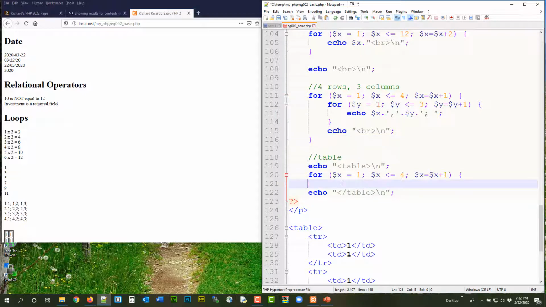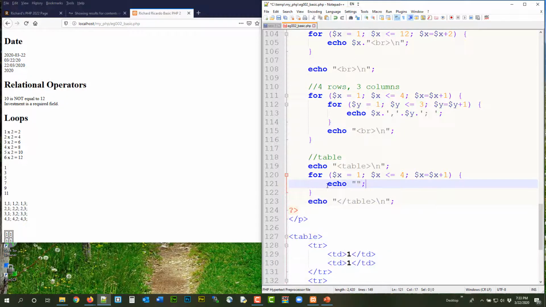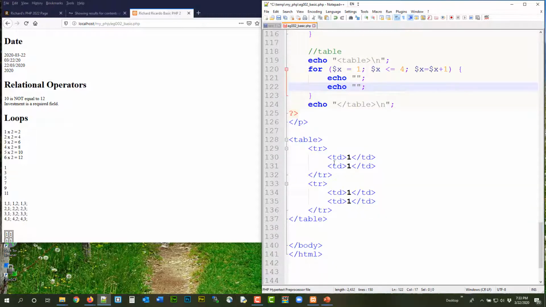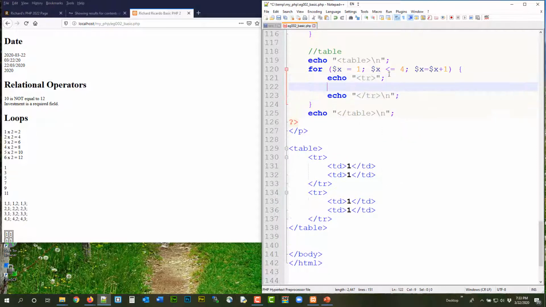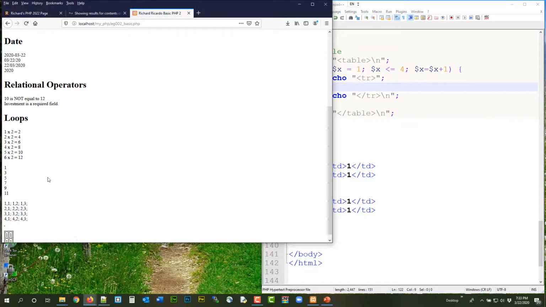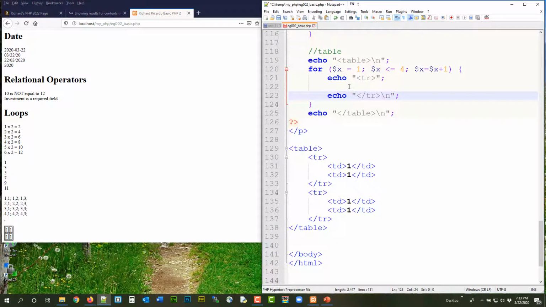Okay, 4 rows will be 40 hours. Right, obviously you're not going to see anything here because you are just going to have empty rows, and then